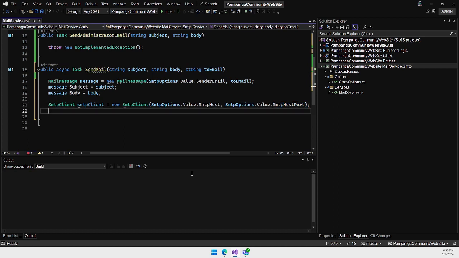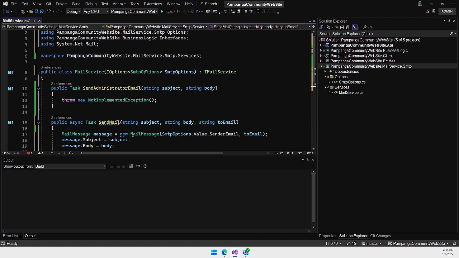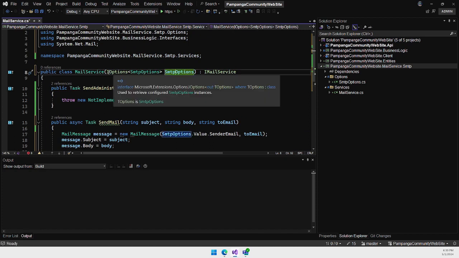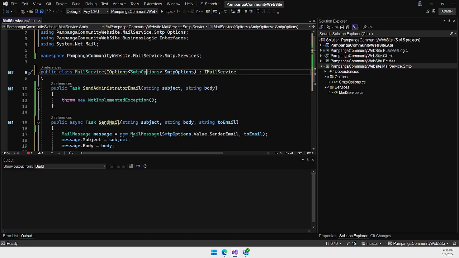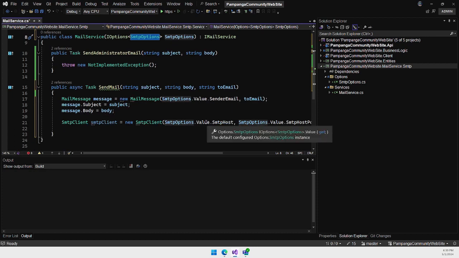sorry. Okay, I forgot to explain how this one is working. IOptions encapsulates this class inside the value. Okay, that's why I'm still using value. If you see value, value is an SMTP options, okay? Because this generic abstraction IOptions I sent before, I already initialized with the SMTPOptions class, okay? Then